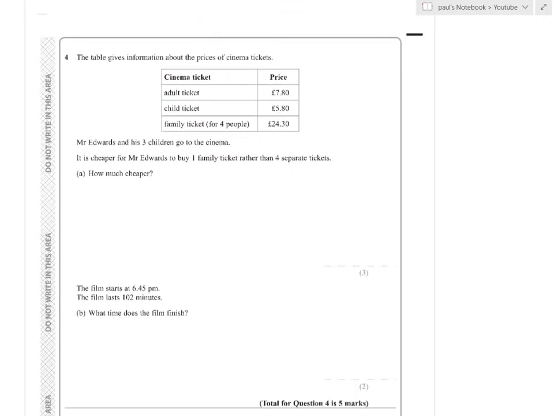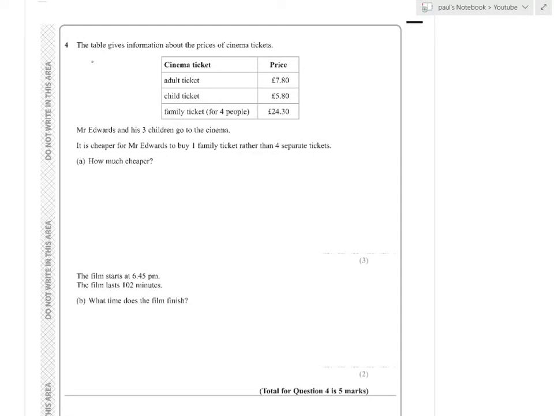Number 4. Right, the table gives information about the prices of cinema tickets. Adults, children, 4 people. Mr Edwards and 3 children go to the cinema. Is it cheaper for him to buy a family ticket rather than 4 separate tickets? Family ticket for 4 people is £24.30, right? Separate tickets. So it's going to be an adult ticket, which is £7.80, and 3 times £5.80 for the 3